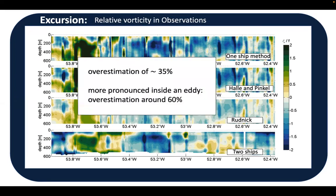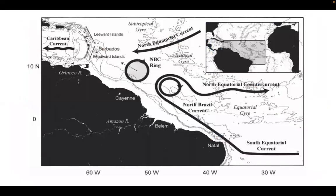And so you see there's somehow an overestimation of about 35% if you use these poor man's vorticity, and it's even more pronounced in the mesoscale eddy. So I just want to show you this before I start, because I found it nice that we have these two ships together. Okay, but now I want to show you the interaction between the near-inertial waves and the eddies,